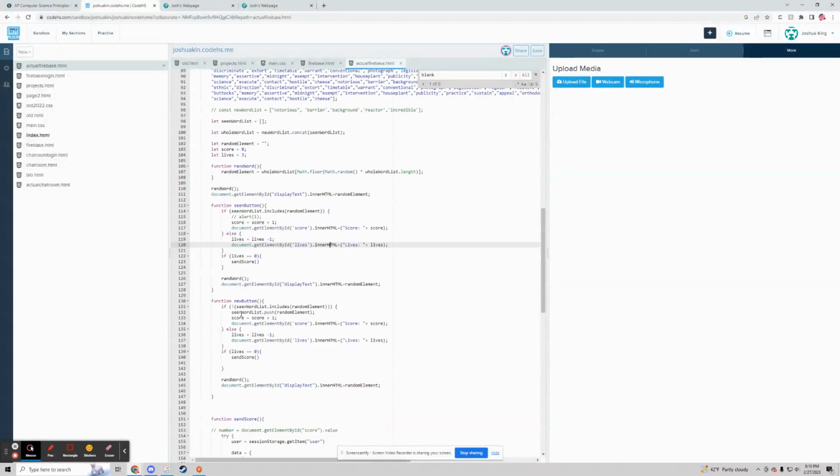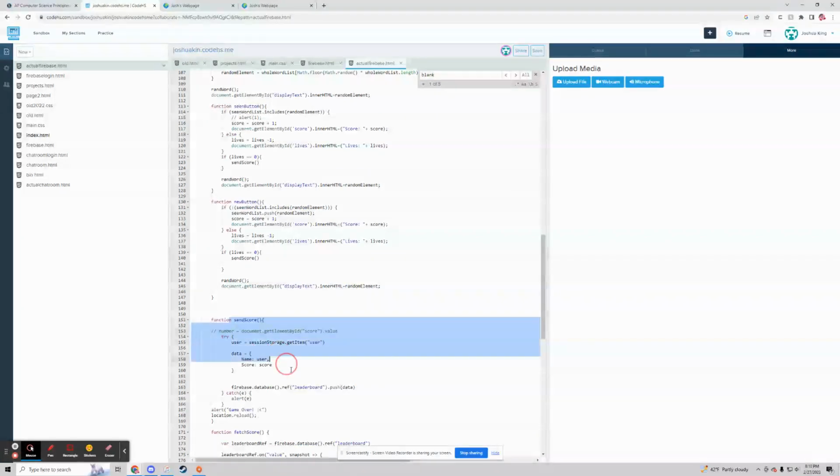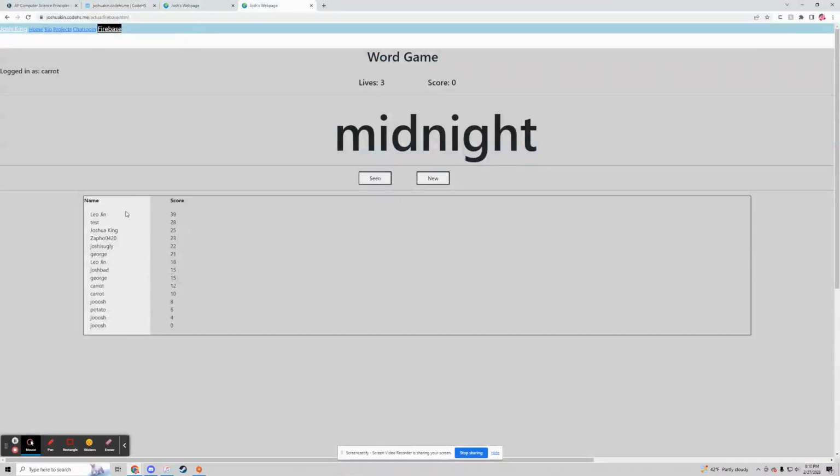And that is basically it. And then just some simple game mechanics. If lives is equal to 0, it sends the score, pushes it to the database using this, and it reloads the tab just to reload the data table that we have here,